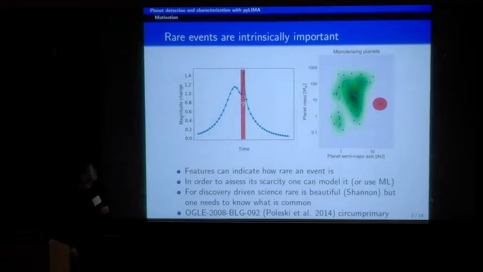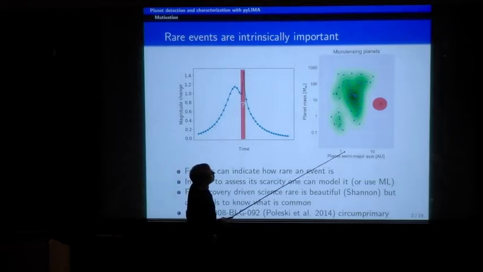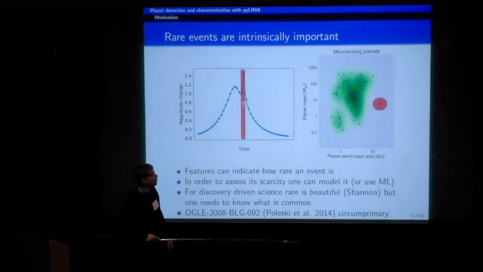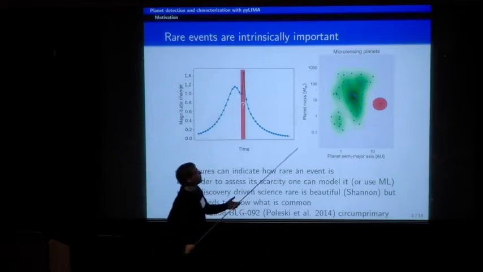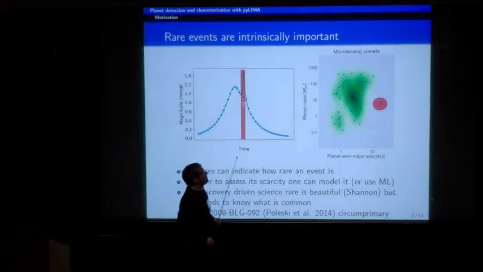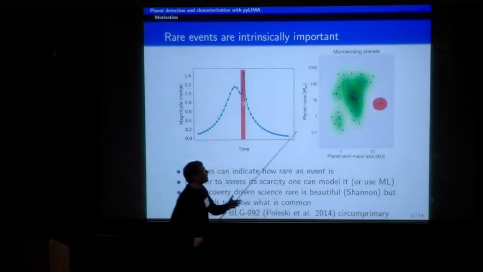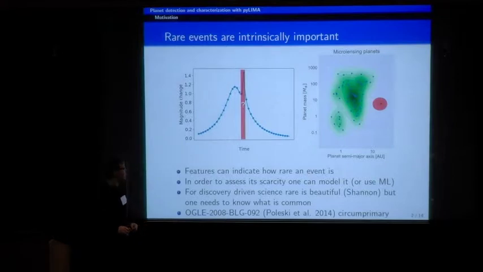So rare events are intrinsically important. Rare is beautiful in a Shannon entropy sense. If you look at the planets again and the planet semi-major axis, this deceptively suggests it's a linear scale, but actually it's a logarithmic scale, and you're putting it in a kernel density map. And you look at what is the most unusual event that is there, just blindly, not looking up what you think is interesting, then the most unusual event in that context would have been that event. Well, Radek knows that event.